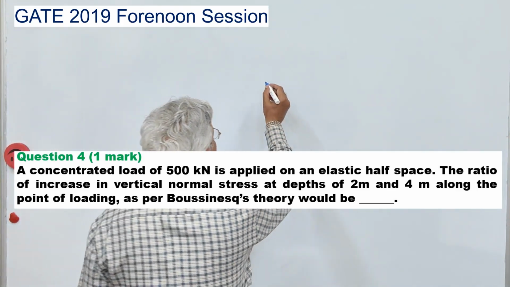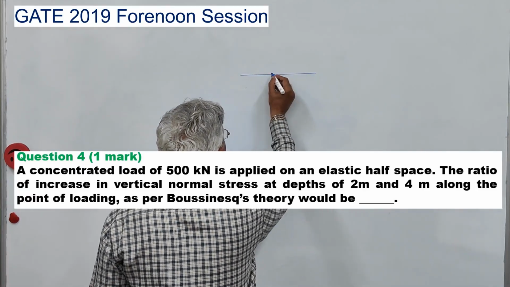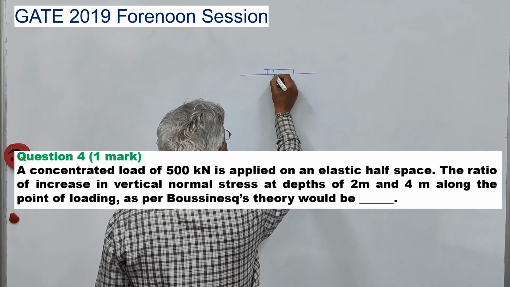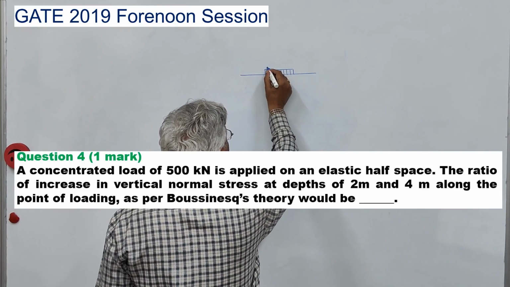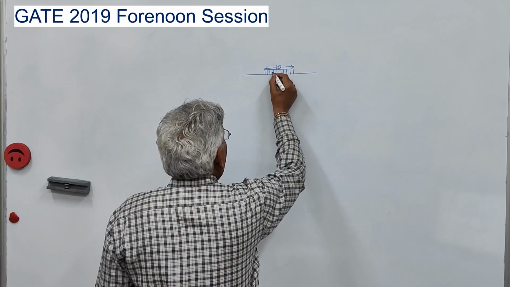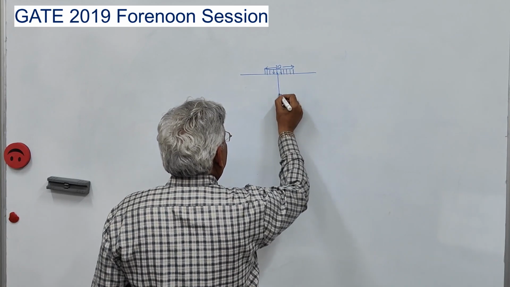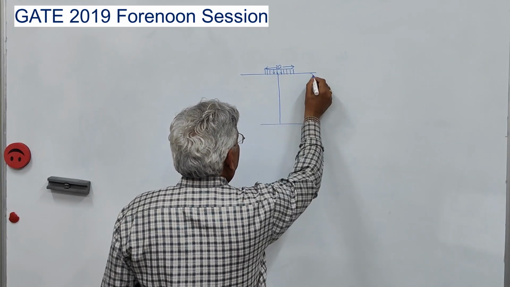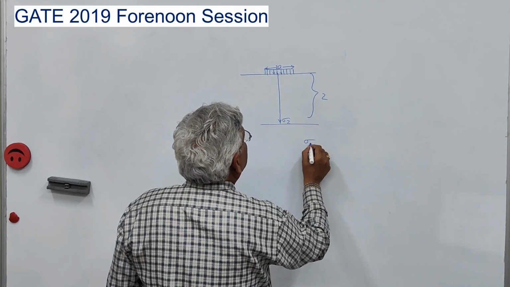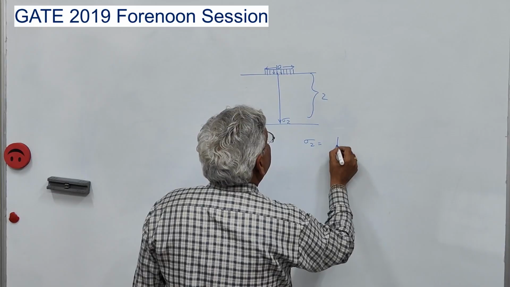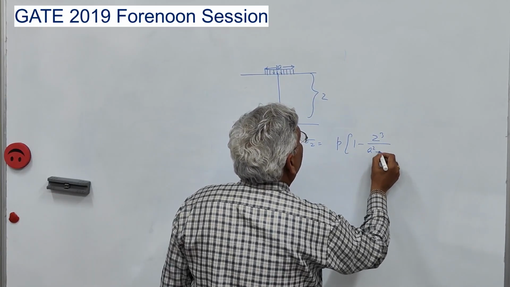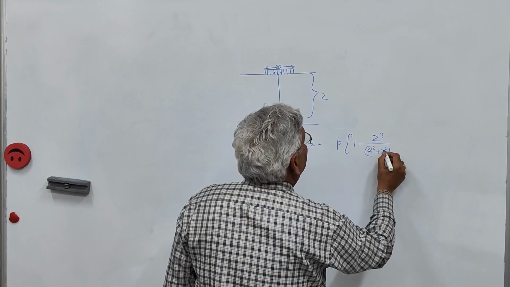Now here Boussinesq theory says that when you apply a load on a pavement which is distributed over a radius of A or diameter 2A, then the stress at any depth Z will be given by, let us say this is sigma Z, then sigma Z is P into 1 minus Z cube upon A square plus Z square power